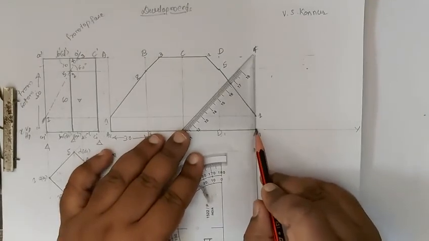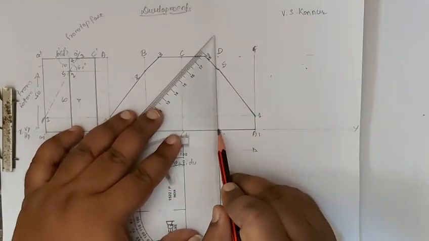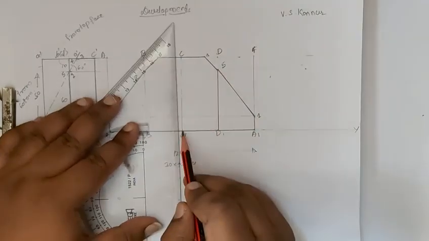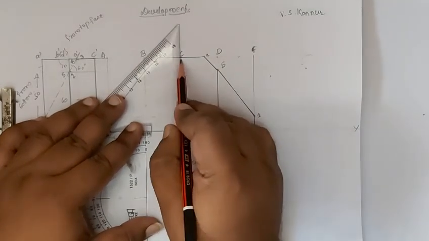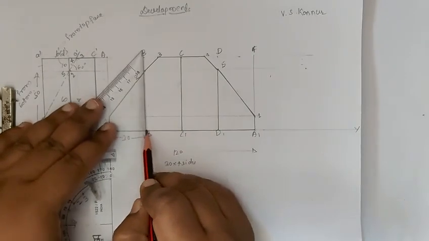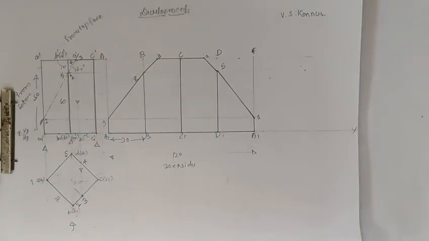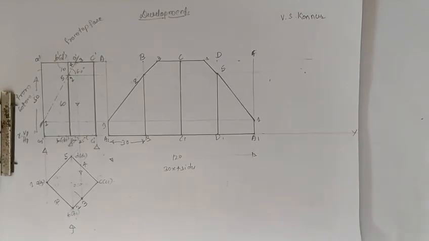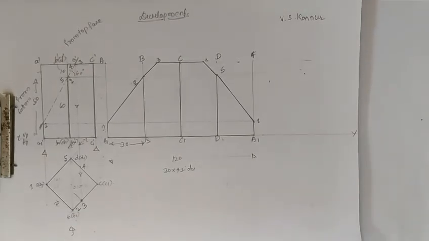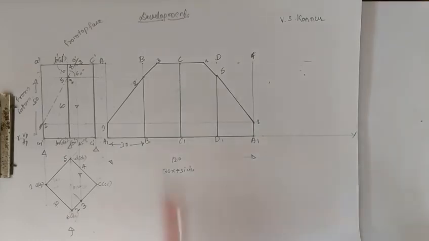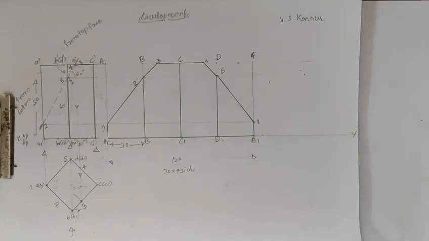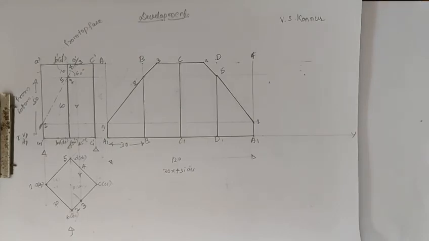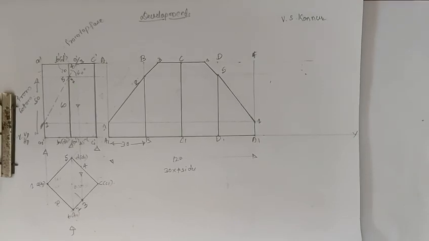Next A1 to A1, and then this part till 5, this part till C, this part till 2. So this much part you have to make it dark. Other than that, these parts have been cut from your prism. This is how you have to construct a development of a square prism, 30 mm side and 60 mm, cut at a section of 60 degree from the top face 10 mm or from bottom face 50 mm. Thank you.